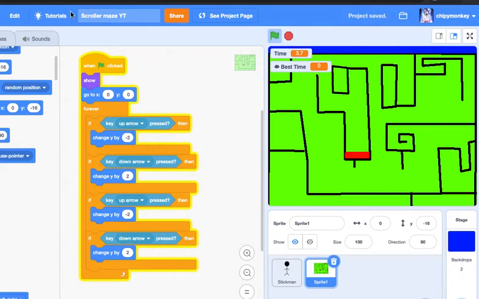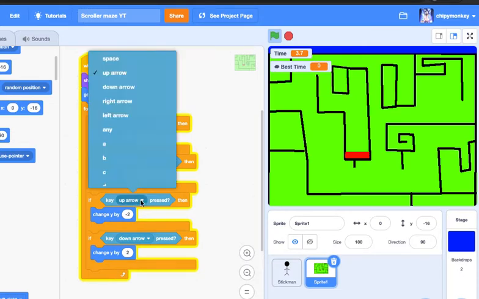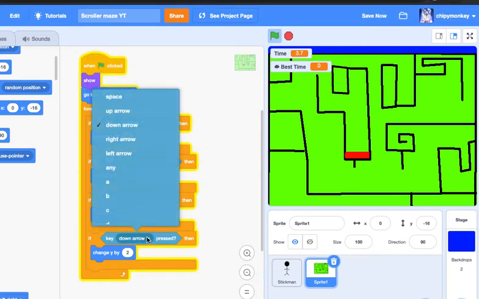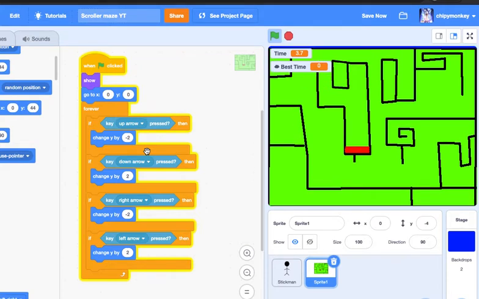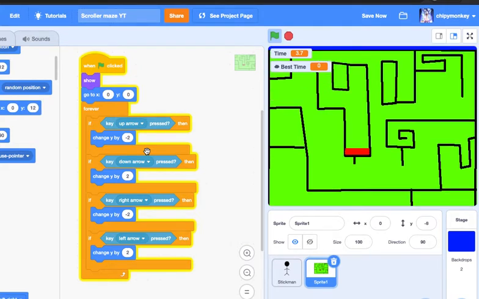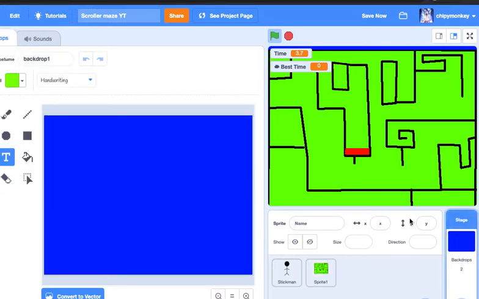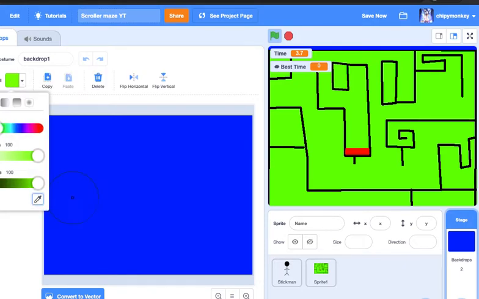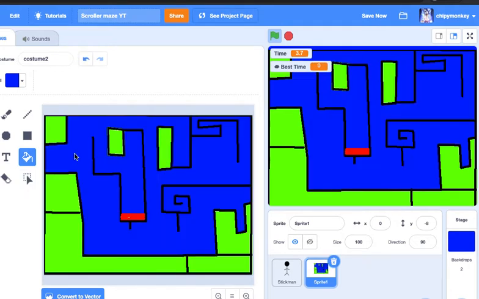So what we're going to do now is say right, left, okay? So right arrow pressed and left arrow pressed. So at the moment it's doing what the up arrow and left arrow are meant to do. But oh yeah, we'll just quickly show you this. We're going to have to change this to whatever colour this was. What colour was this? That was 64, 100 and 100. So we need to make this 64, 100 and 100